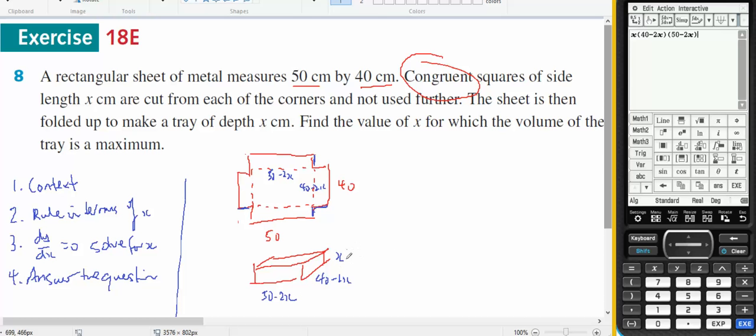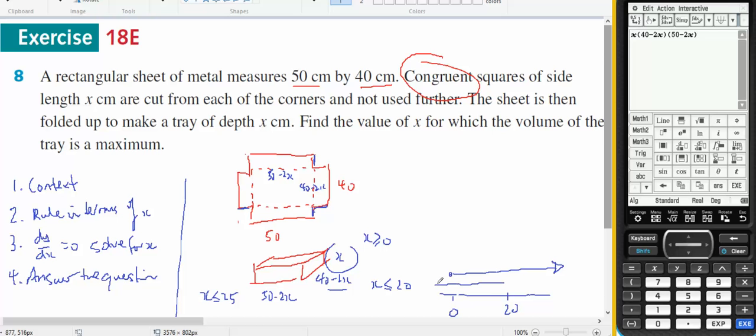Given the fact that I've got a box, x has got to be bigger than or equal to 0. This tells me that x has to be less than or equal to 20, because I can't have x bigger than 20, otherwise that would be negative. And this tells me that x has to be less than or equal to 25. If I consider a number line, it's got to be bigger than 0, less than 20, and less than 25, which means x has to be between 0 and 20